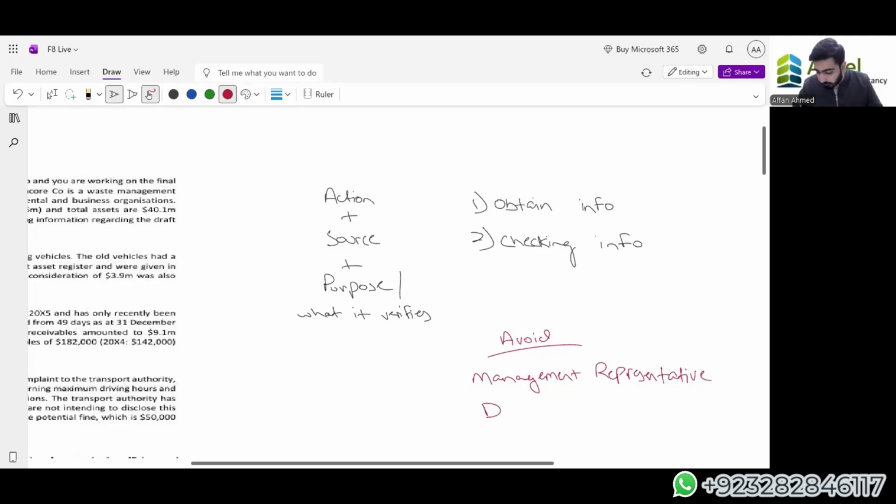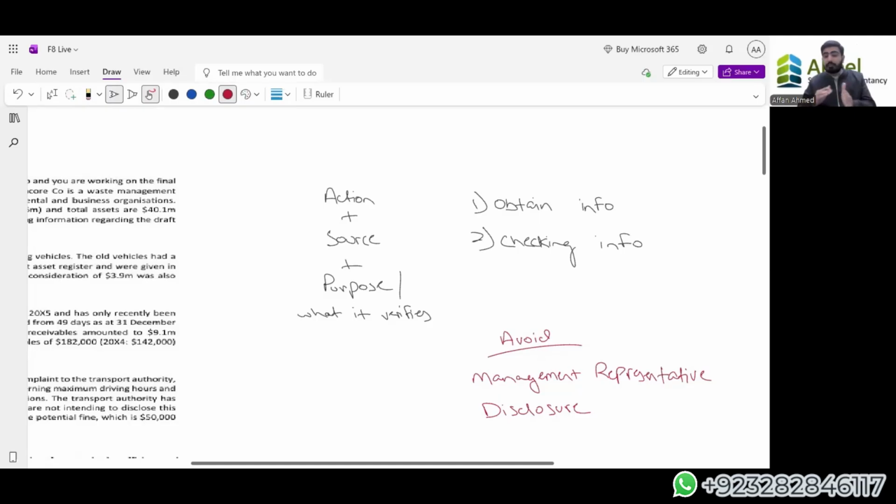Disclosure. These are the points that are commonly available in most of the substantive procedures in multiple IAS and IFRS. So if you see them available in multiple IAS and IFRS, that means they are commonly used. So the examiner might want you to use them at the last point, at the end, so that he sees that yes, you have the skill first.